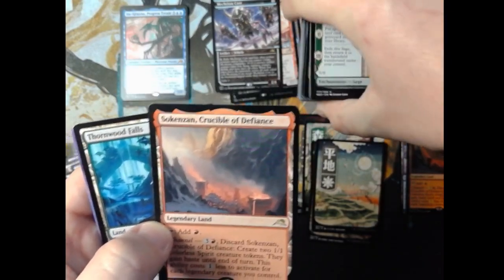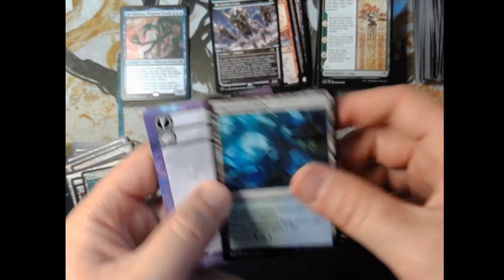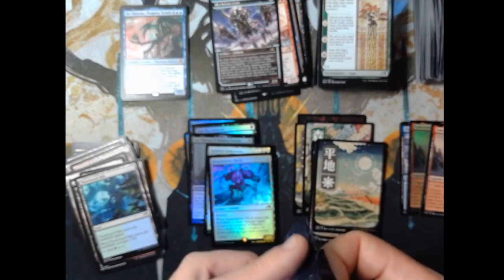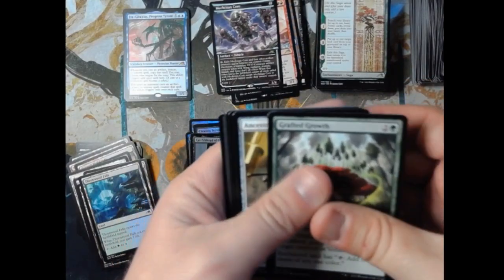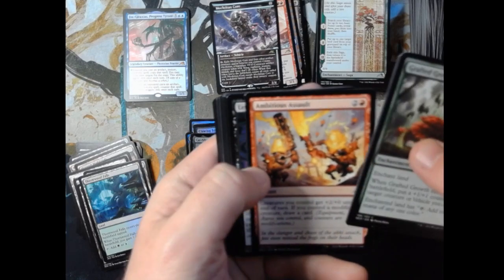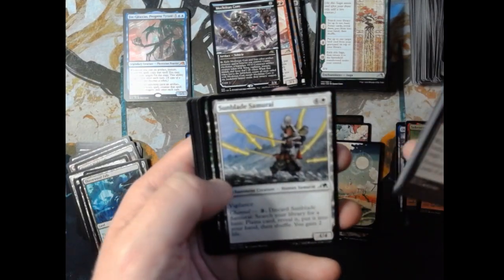Another Sokenzan Crucible of Defiance. Freaking awesome. I would love to get a Boseiju, but I will take all the channel land that this box wants to give me, especially duplicates of these. It's what I really came into this box hoping for. That looks... oh, it's an island. Okay, I was going to say that looks cool, but never mind. Unless it's a full art island, then I'll be happy as hell, but...